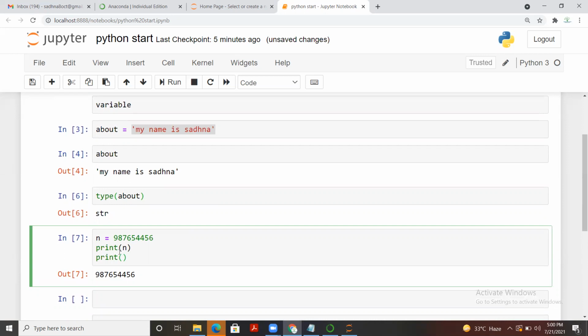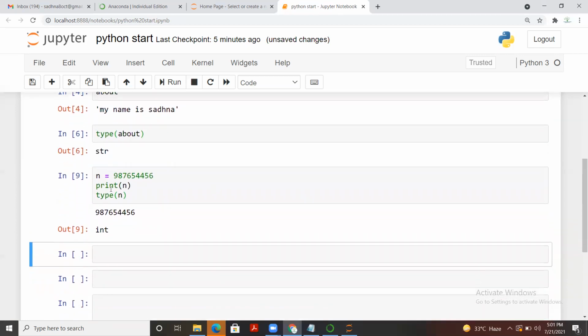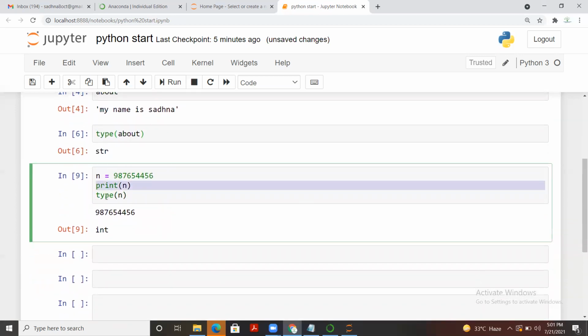Print type n. Once I run it, I can directly write it, because it is a class. So you see that this time it has given the value of n and the type of n, which is integer. Previously it was a string, but now it is integer.